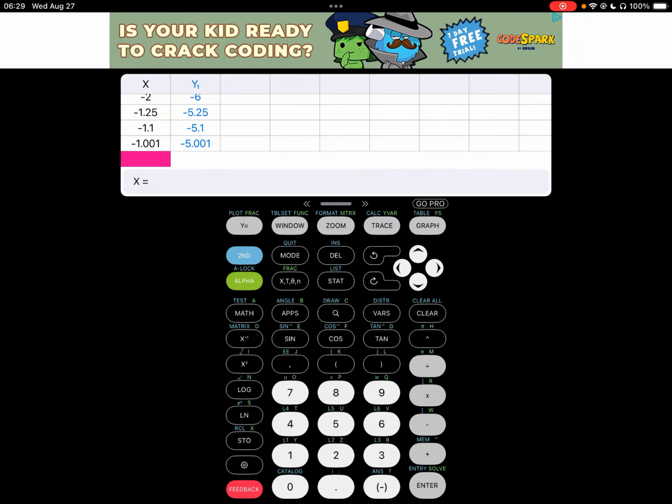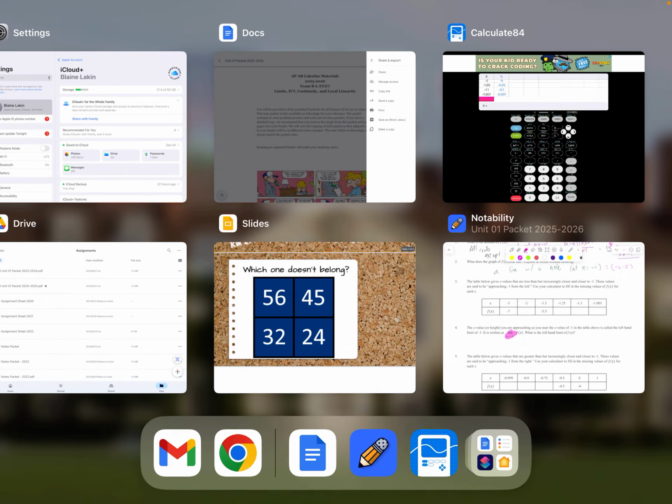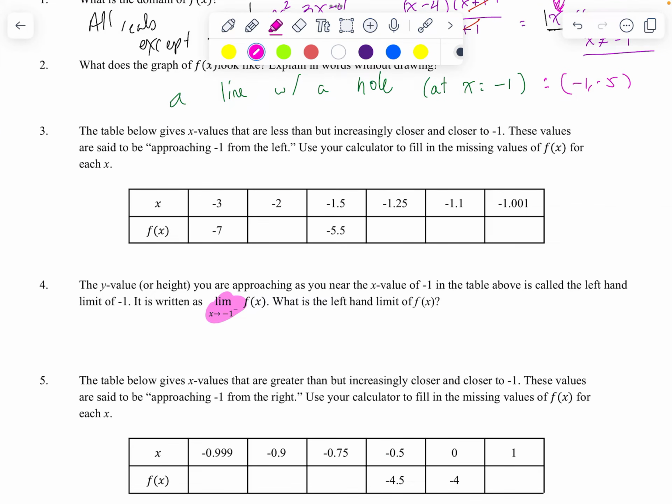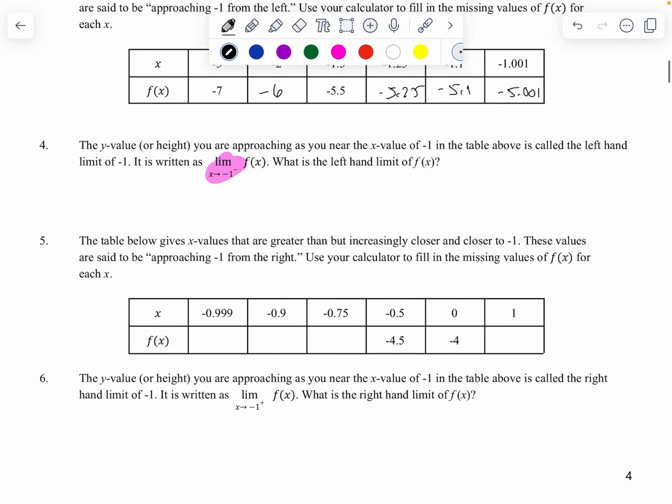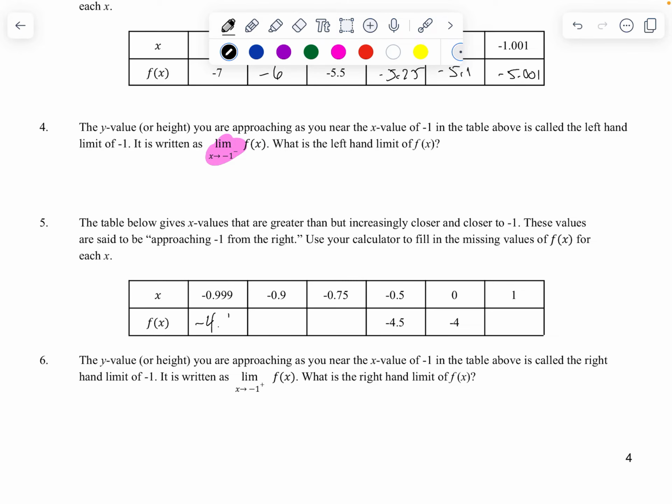This is a lot easier to use instead of doing the old-fashioned way of plugging in each one individually. So you finish up this, pause the video, and resume when you're ready, and we'll get the answers. Now, I repeated this for both already, and what I'm going to do next is